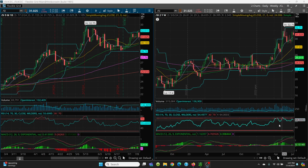Same way here, your RSI looking good. Your green over your red, that's looking good here. So realistically, you just got to have a little patience with this. The key to this whole thing is going to be holding that 8 SMA on a closing basis, that 21 day and that 50 day. And again, if that's lost, you're going to come out to your 28.73 here. But you can see how nice that it held that support level, and now your prices are above that